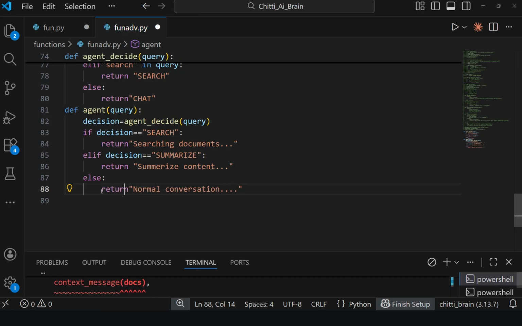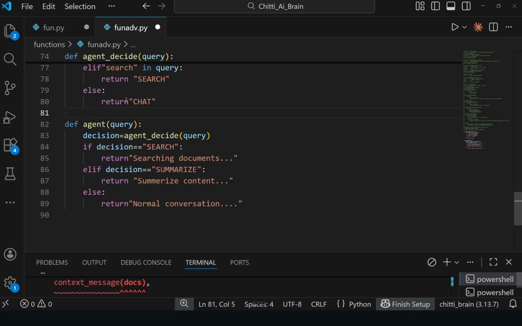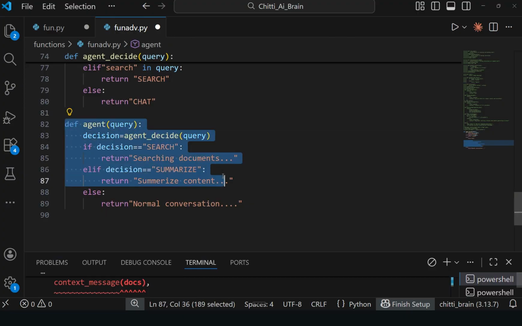Each mode could later connect to real tools like databases, vector search, APIs, or LLMs. Right now we are only simulating behavior, but the architecture is exactly the same as real AI agents.